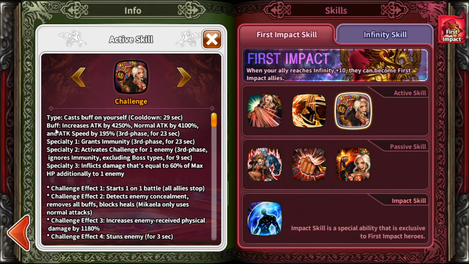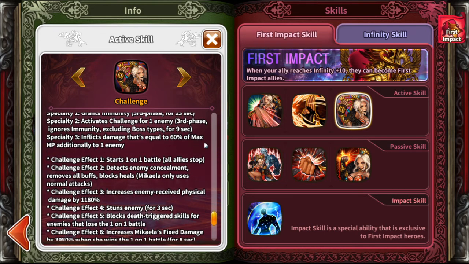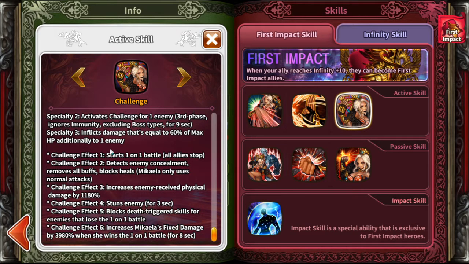Her third skill, increases her attack, normal, attack speed, gains immunity, challenges an enemy to a 1v1, ignores immunity, excluded bosses, inflicts 60% of her own HP at an enemy, starts a 1v1, detects concealed enemies, removes all buffs, blocks heals, Mika only uses her normal attacks, increases damage received towards physical when inside of challenge, stuns the enemy for 3 seconds, blocks death passive triggering when the enemy loses, increases Mika's fixed damage when she wins